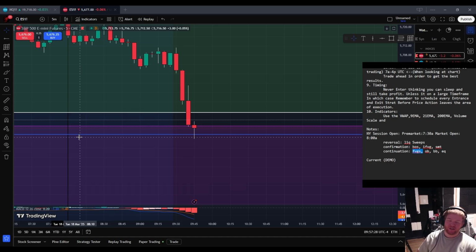So breaker blocks, he's also describing as similar to fair value gaps in the sense that they are imbalances. Fair value gaps are the lack of orders being filled. Breaker blocks are the lack of buy orders within the market in an uptrend, or the lack of sell orders in a downtrend, allowing the market makers to manipulate the previous high or low, depending on the trend, to fill their buy or sell orders in order to change the trend of the market, in order to break that structure and reverse per the liquidity sweep. And yeah,